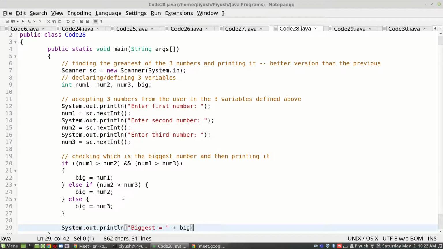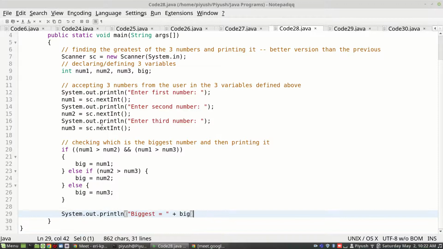See, what I have done is, the moment I am getting any number as biggest, I am saving that number in the variable declared above. So I am initializing the variable big, that is, giving big its first value, the number which happens to be the biggest. Depending on whether this condition holds true, or none of the above cases match, in which case it will go here, big will get one value accordingly.